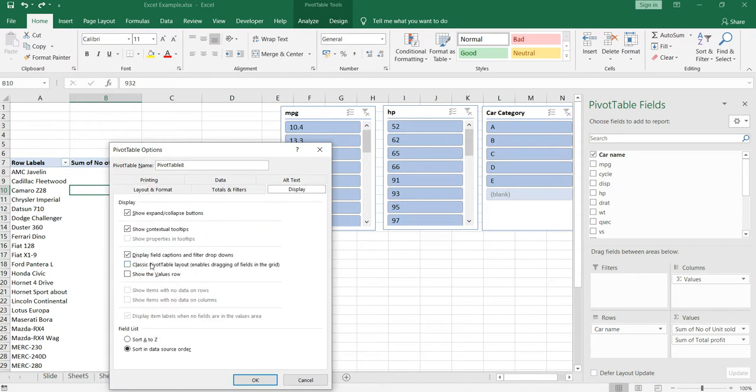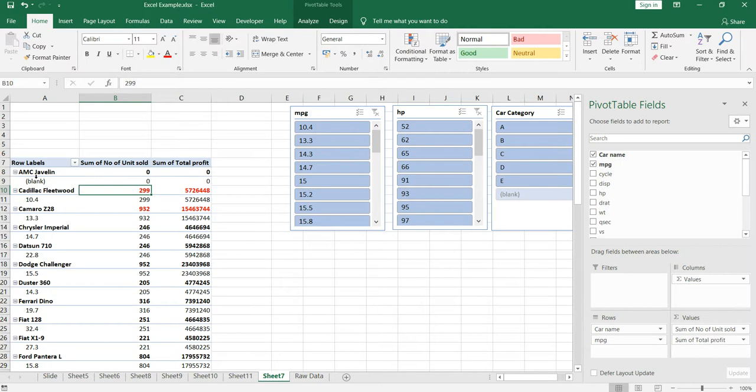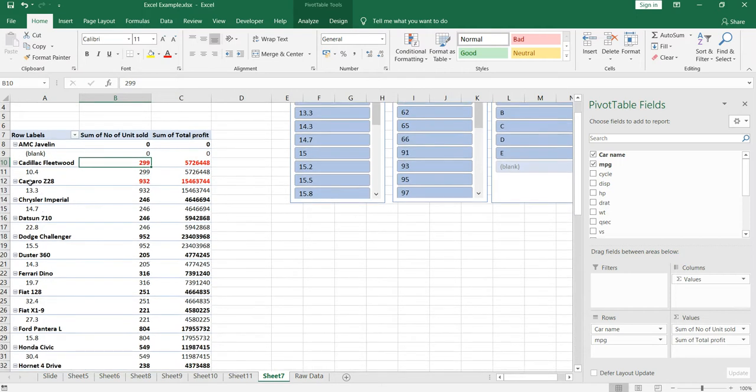If this option is unchecked, then if you add another row or another column under the row, your values will go down under this particular first column which you have selected in rows.